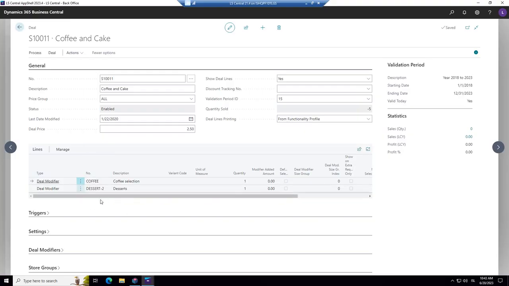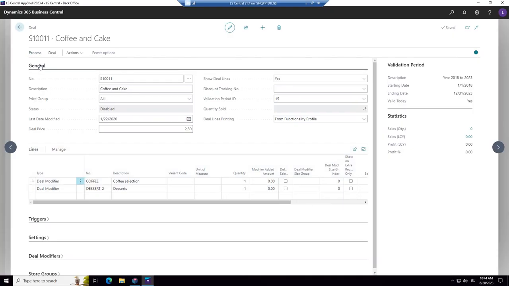So we are going to look at this a little bit in detail, what is behind these deal modifier groups for the deal. And what we are interested to do is to maybe have one of the cakes, the pecan pie, enlarge the amount of the deal. But first, before we do any change, you have to see that the deal is enabled. So if we are really going to do that, we need to disable it first before we can change it. Remember, similar to what we have done with the offers. So let's do process and disable.